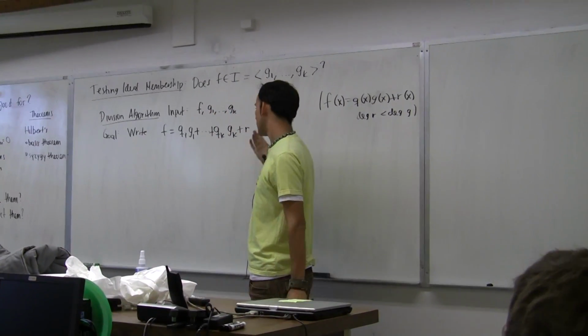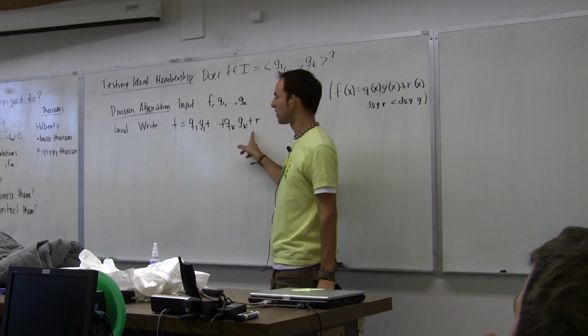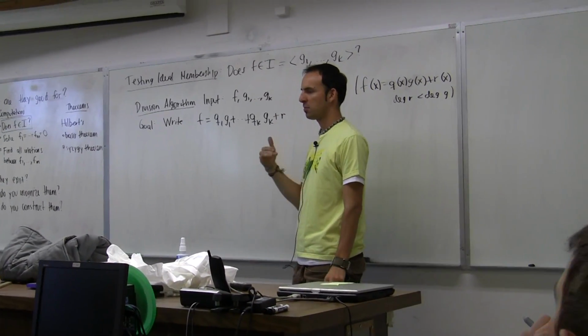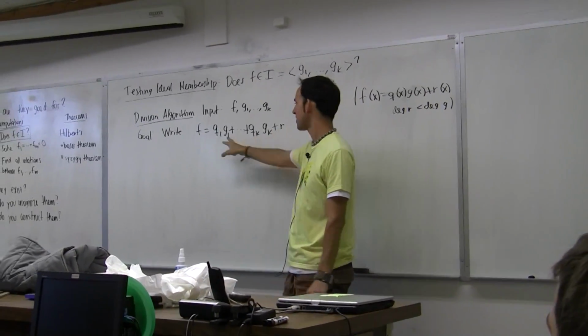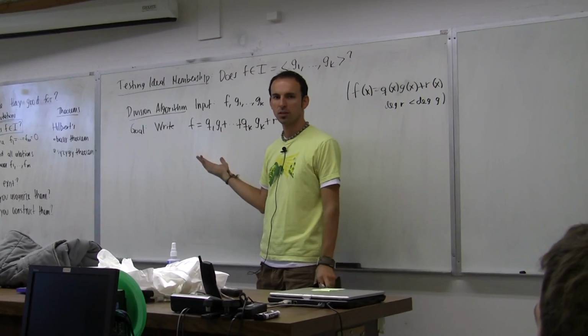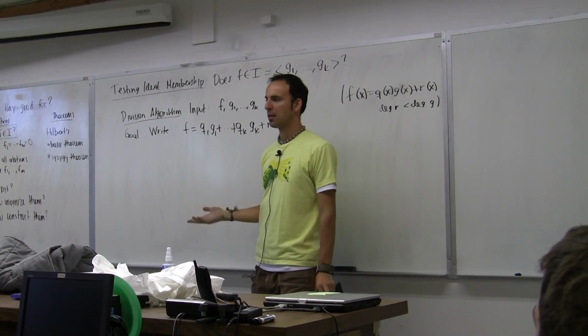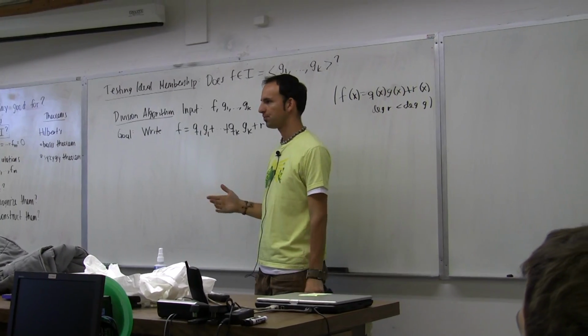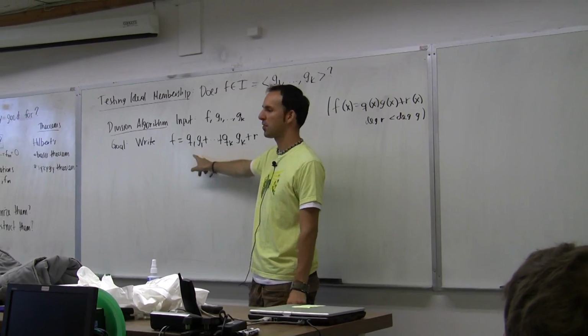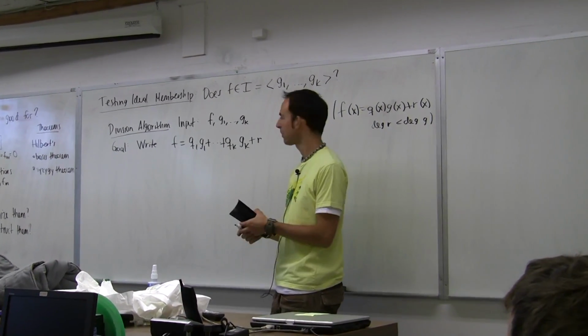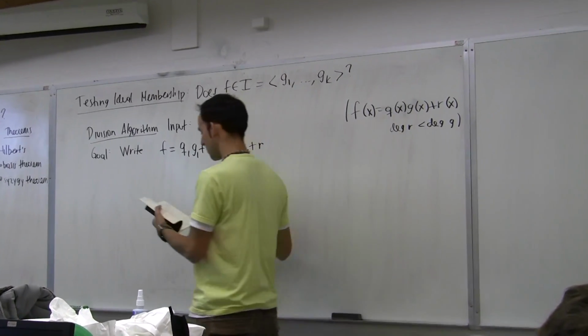But if you see that, then it's not so clear when we're supposed to stop here, because, well, first of all, what does it mean for degree of r to be less than degree of g in several variables? Well, we're going to need a monomial order to decide that, first of all. But second of all, which one of the g's should you compare it to? Well, it turns out that what we're going to want is